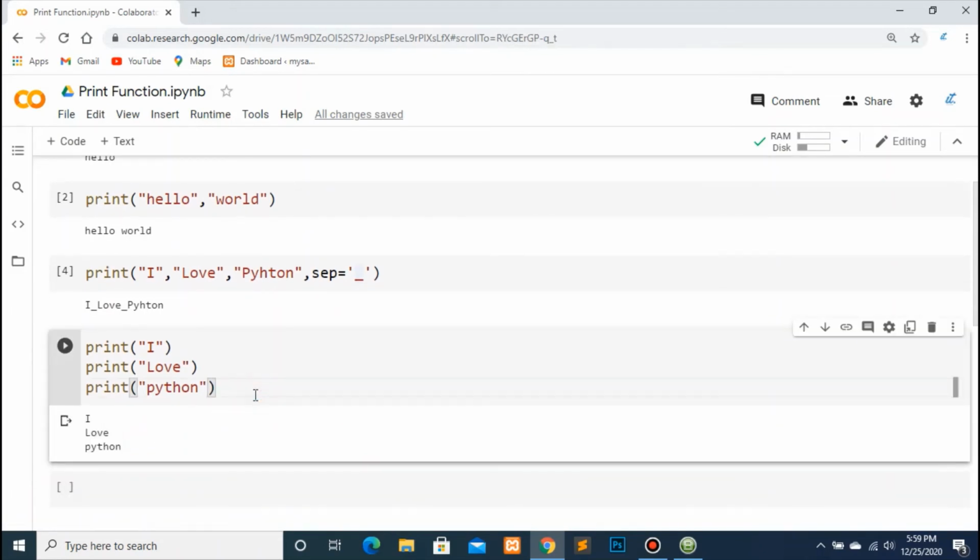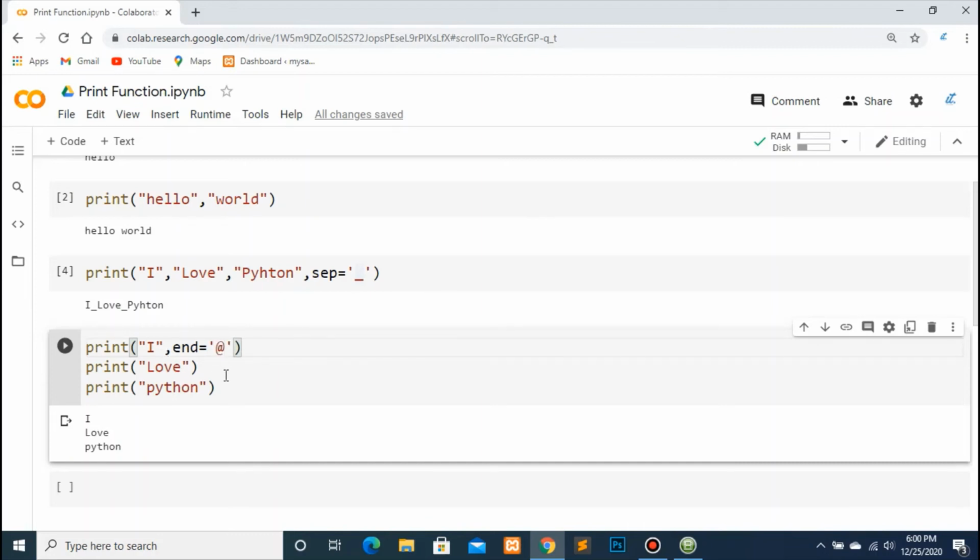So now I want print to print I and then print love on the same line. For this, I will mention the end parameter, because end is an optional parameter, and if we do not mention end in the print statement, then print will consider it as a next line. So here I am going to mention end is equal to, let's say, end with an at the rate symbol.